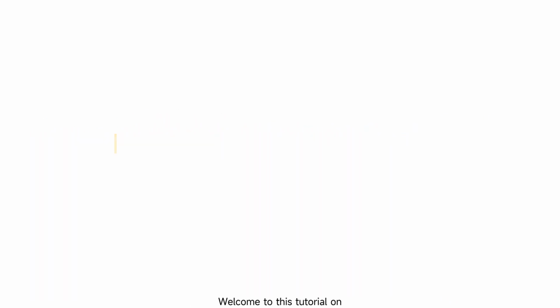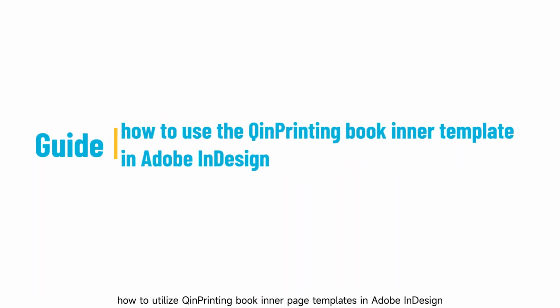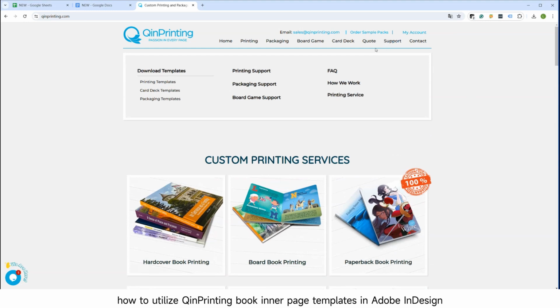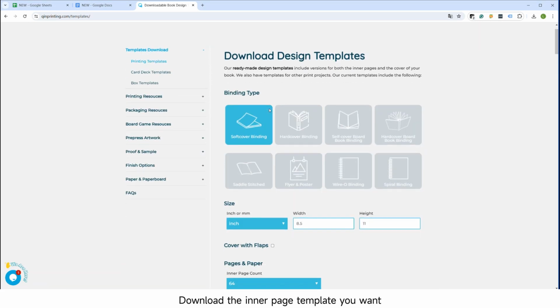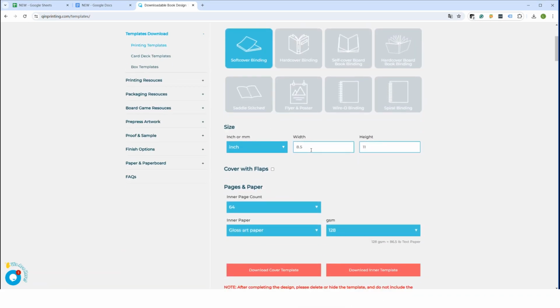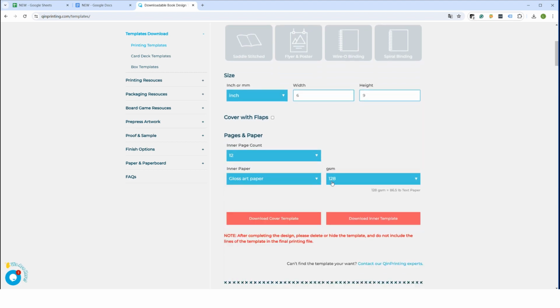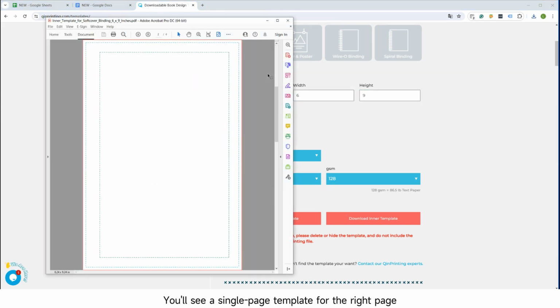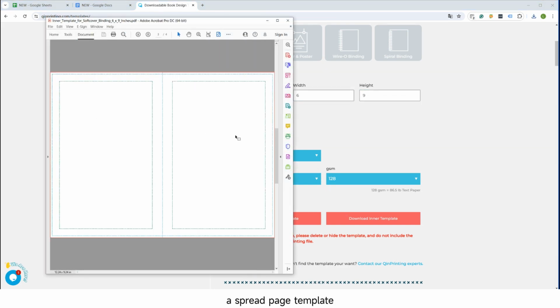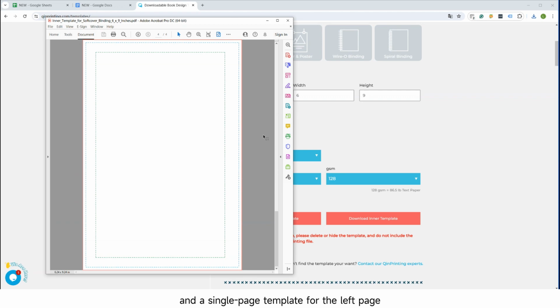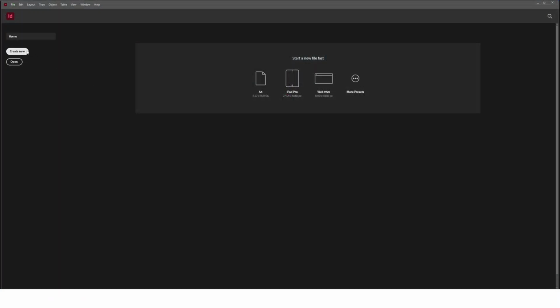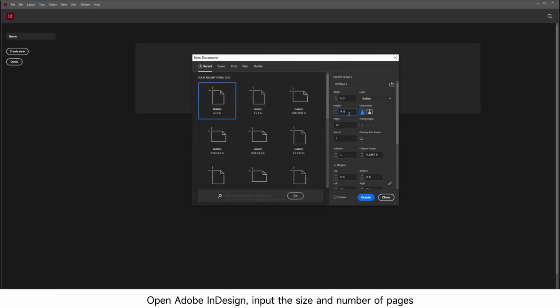Welcome to this tutorial on how to utilize QinPrinting book inner page templates in Adobe InDesign. Download the inner page template you want from the QinPrinting website. You'll see a single page template for the right page, a spread page template, and a single page template for the left page. Open Adobe InDesign, input the size and number of pages, select facing pages,